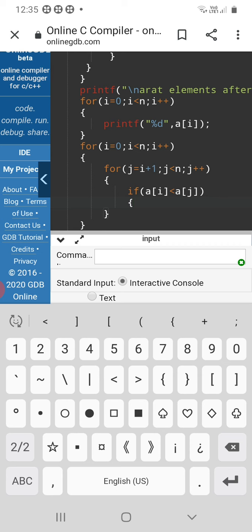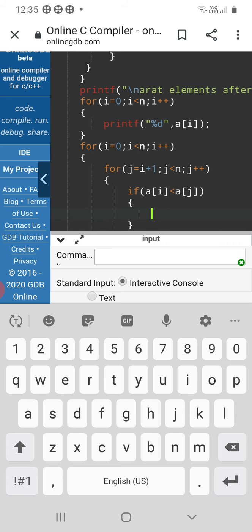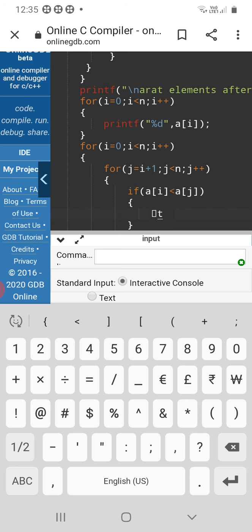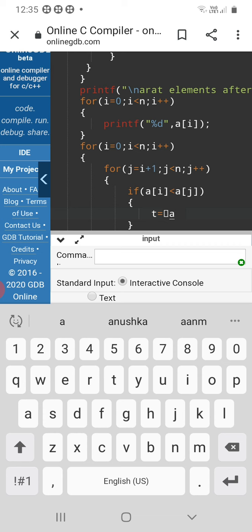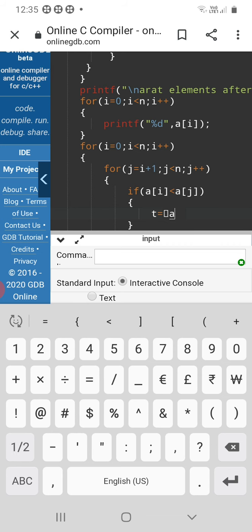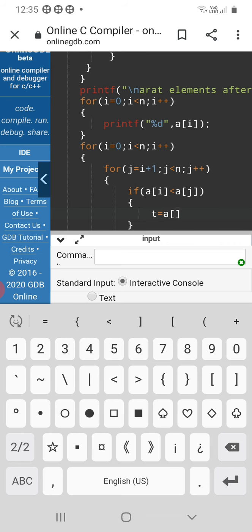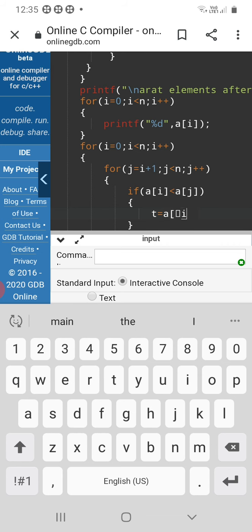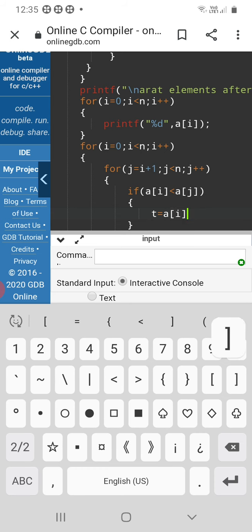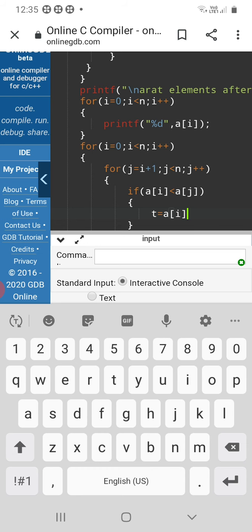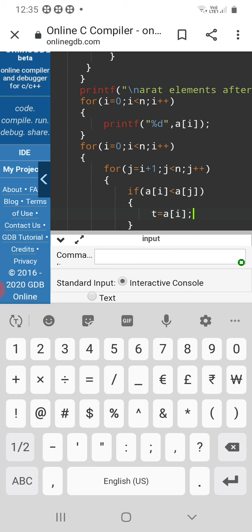Use left brace, execute t equal to a of i, and terminate the statement with semicolon.